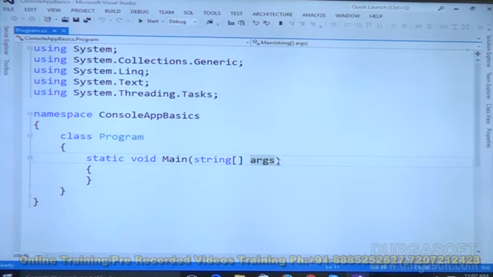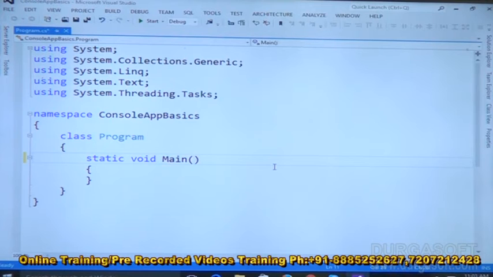Why? Because a console application provides character user interface facilities; everything in console application programs is managed with characters only. String[] args is command line arguments used while executing the program. It is optional: if you don't give it, it will still work fine, and if you give it, it's not a problem.